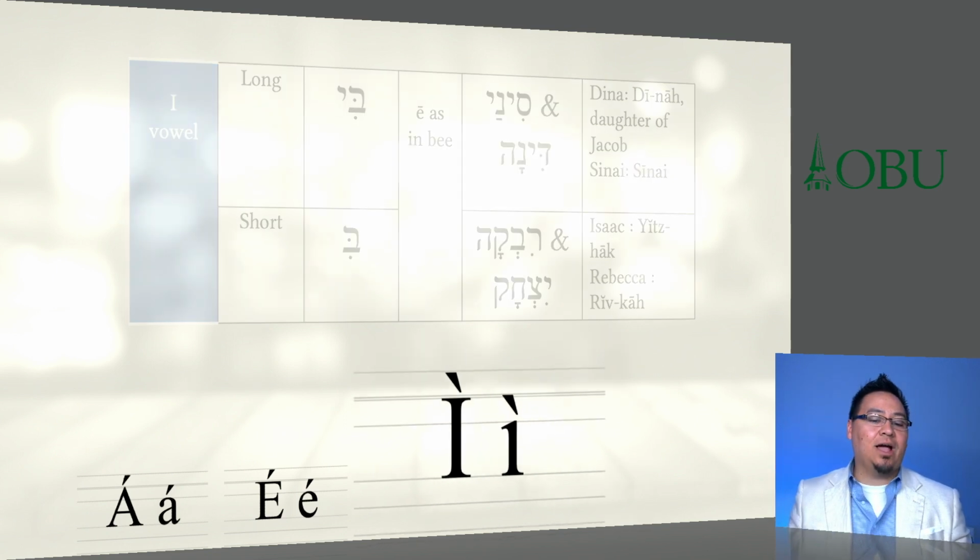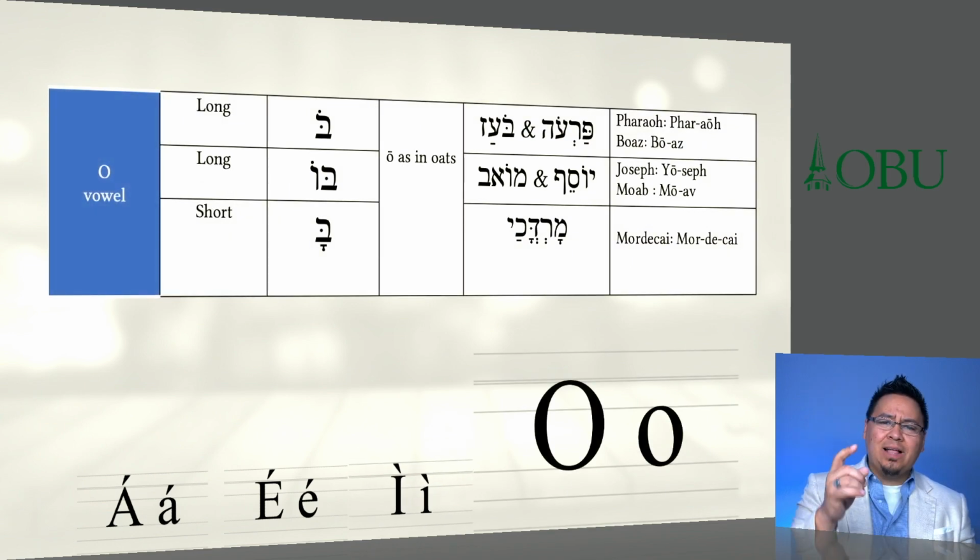A, E, I, how about some O? O-class vowels are going to have the dot above, okay? The dot above, and these are O as in oats. They're often the O type of sound. And so here's some words that you can try sounding out loud on the top right-hand corner, right? We have Pharaoh,